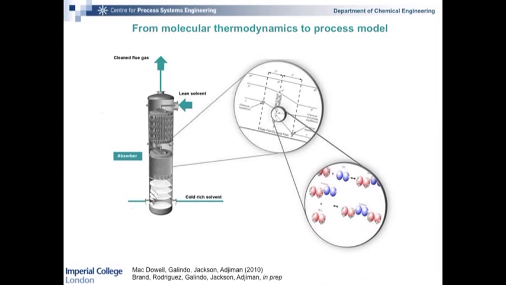Now we need to put this into our process model. Okay, and so we have this simplified view of the thermodynamics, which goes into a model of what's happening in the absorber. And here again, we have very complex phenomena. So the mass transfer, for example, is quite challenging to model. And we do model this in a lot of detail in this case. Okay? And it is the fact that these phenomena are dominating the process, which allows us to take a fairly simplified view here. Okay? And this is helpful when it comes to solvent design because we have a much simpler thermodynamic model and therefore a much simpler relation to molecular structure than if we went for the full detail.